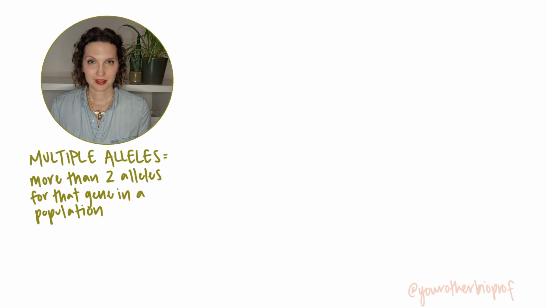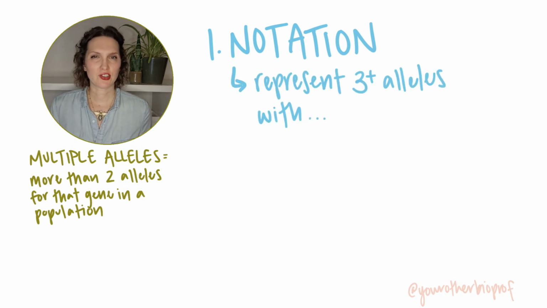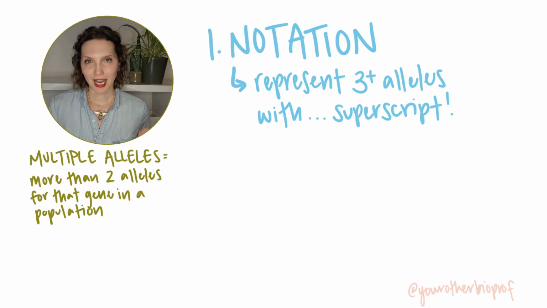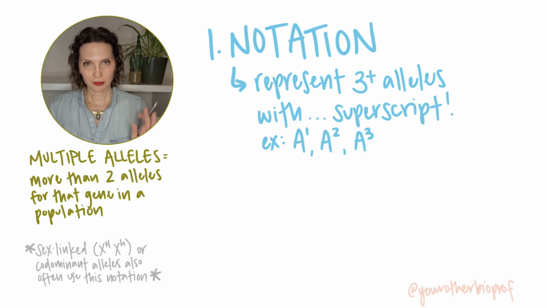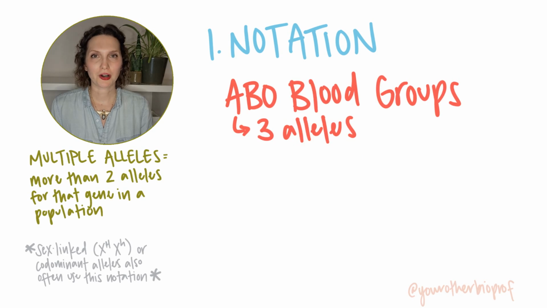That takes us to issue number 1, the notation. Because there are more than 2 alleles in our population, we can't just call them big A and little a. That doesn't give us enough options. So we need a different way to write these alleles. What you'll often see is that multiple alleles are written with a superscript, the tiny little letter or number up to the top. The classic example of this is with the ABO blood groups, where we use the letter I